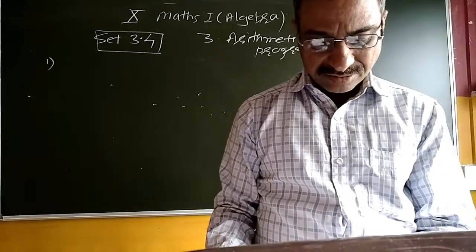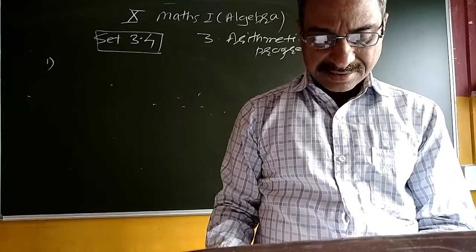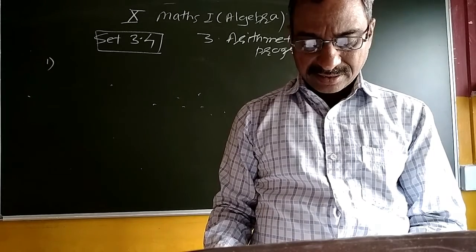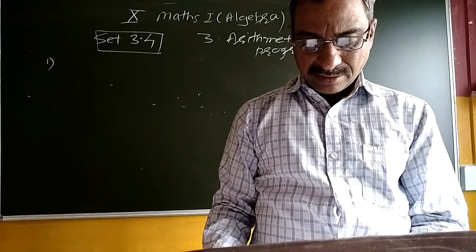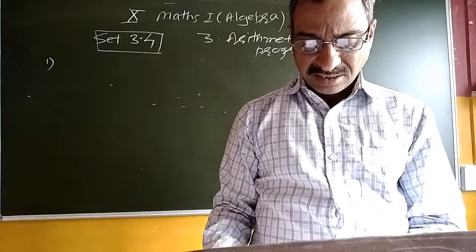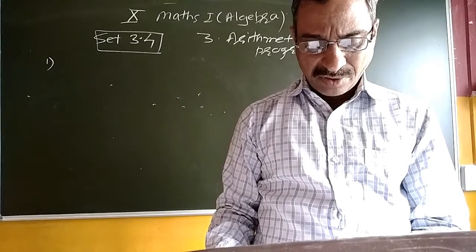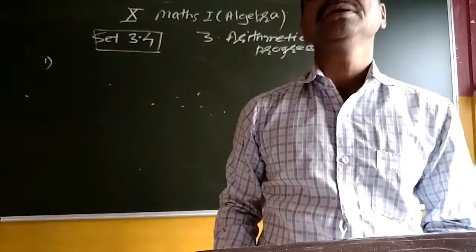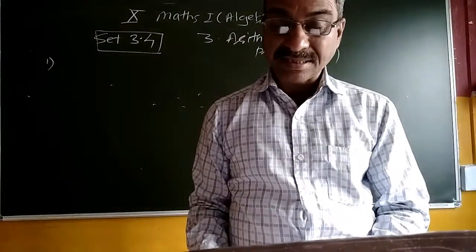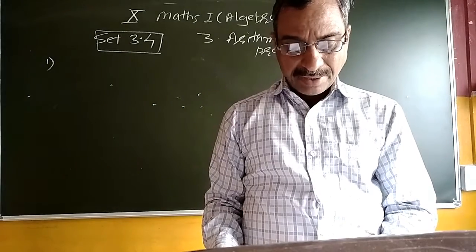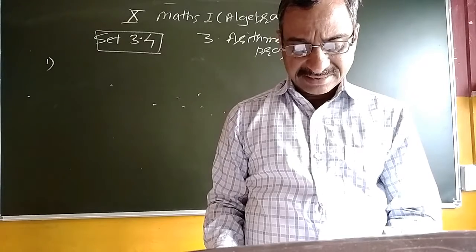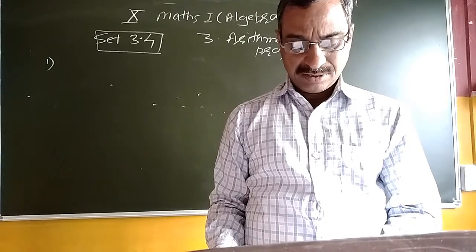On the 1st of Jan 2016, Sanika decided to save Rs 10, 11 on the second day, 12 on the third day. If she decided to save like this, then by 31st December 2016, what would be her total saving? Here we want the total sum, so we are using the Sn formula. But for that we are taking into consideration whether it is an AP or not.